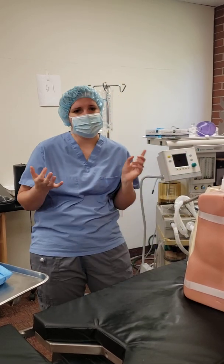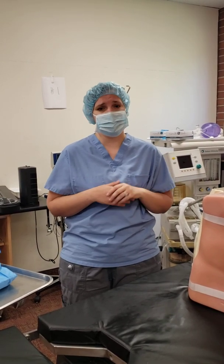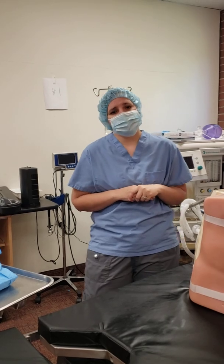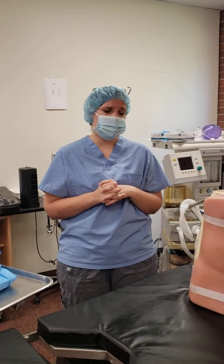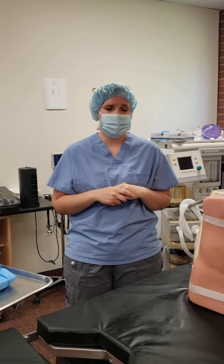Obviously the benefits are that we can get some early mobilization after her baby comes out, and after we get that catheter out, she'll definitely hopefully be more comfortable while laboring, and then maybe even be able to get a little bit of rest. She's really tired. She's been laboring a long time. She can stay alert and active and be an active participant in the birth of her baby. And then also, if we do an epidural, we can minimize any IV narcotics,